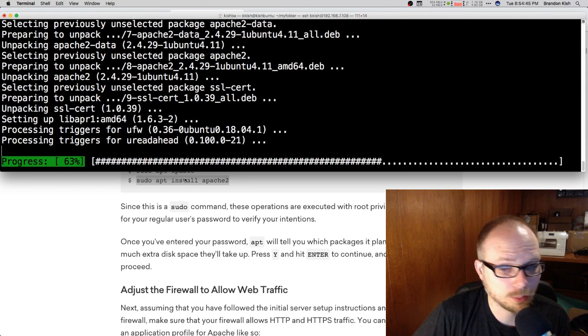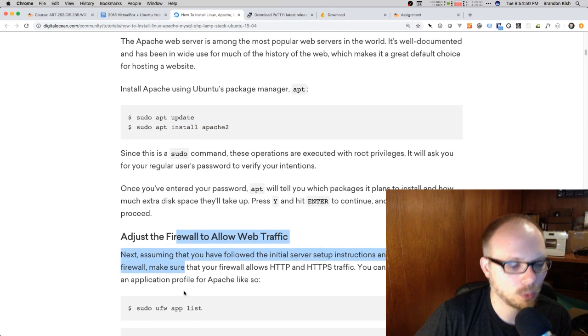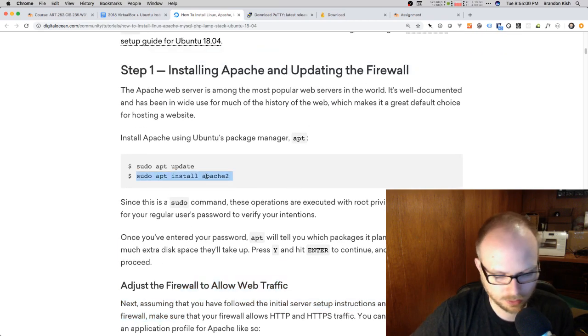Gives me a nice progress bar. And actually, even though there's a little bit more for adjusting a firewall, what I've found so far is that Ubuntu doesn't install the firewall by default, or doesn't enable the firewall by default. So actually, as soon as this command is done, as soon as Apache's running, which I think it is now